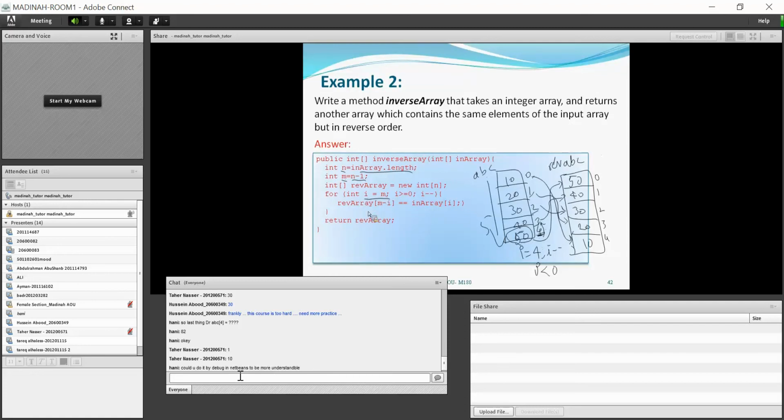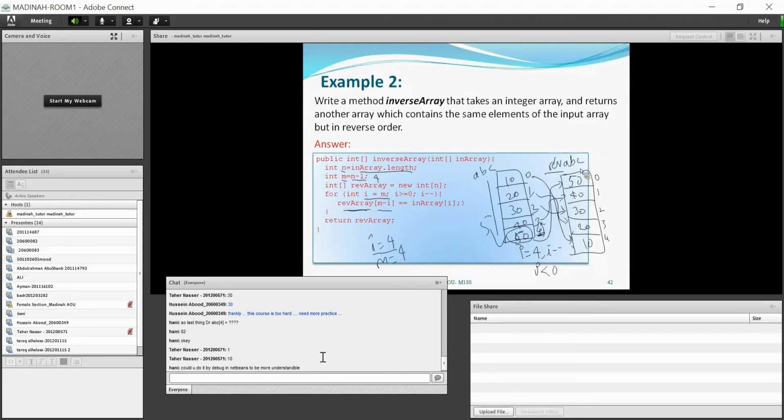And reverse of array of m minus I. So what is m? m is 4. So I is equal to m, I is also 4.